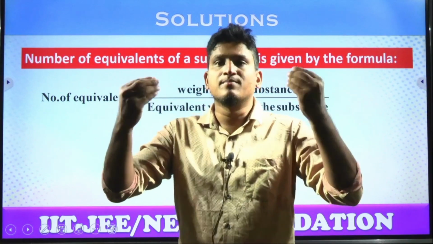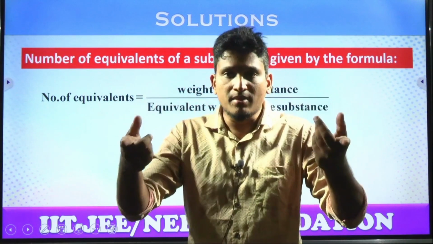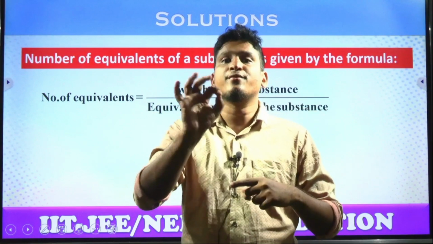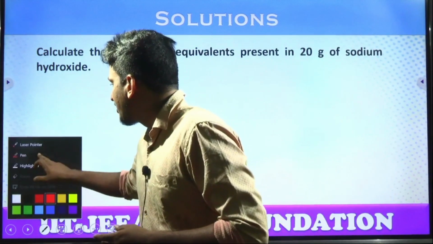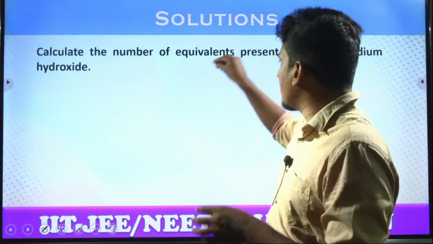Given mass by molecular mass is the number of moles. Given mass by equivalent weight is the number of gram equivalents. Got the clarity, students? We have one numerical here: calculate the number of equivalents present in 20